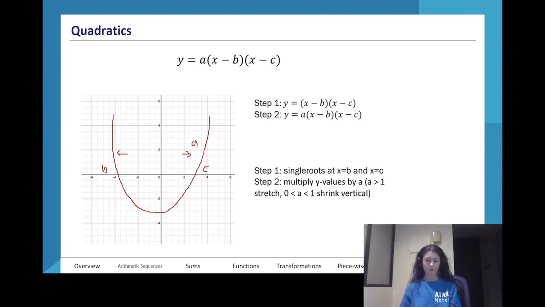Okay, so in summary, this format gives you the two roots, the two solutions, or the x-intercepts, at b and c. Again, the negative there is important, just like it was in the last slide. Make sure you remember that. It's really easy to forget that there's the negative there. And then the a gives us our